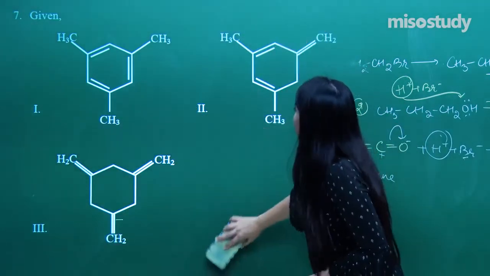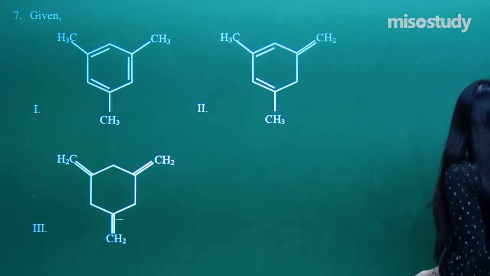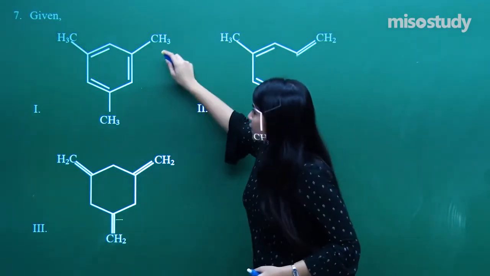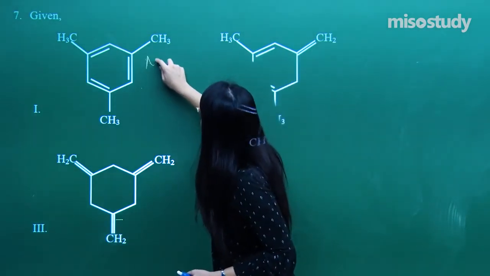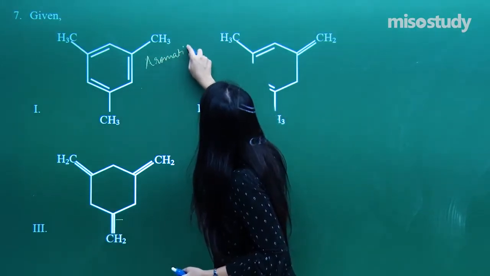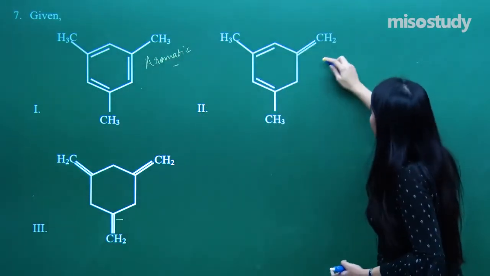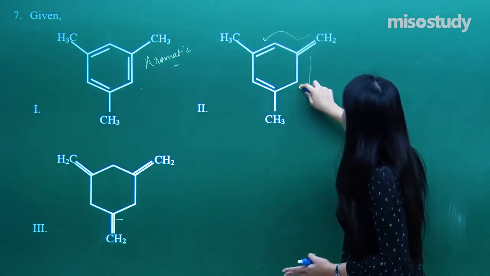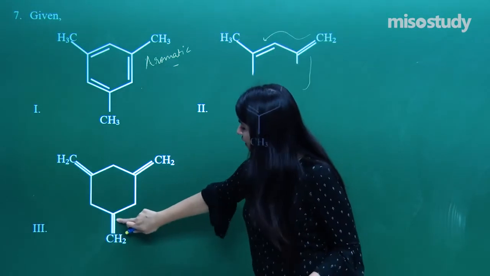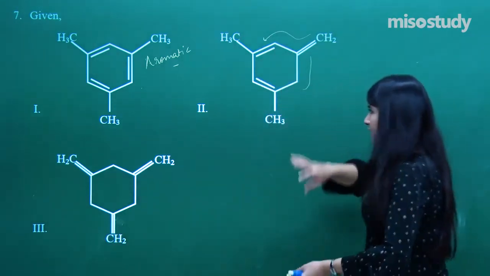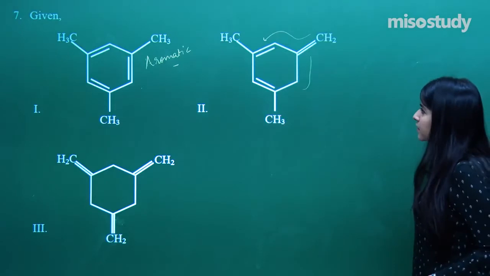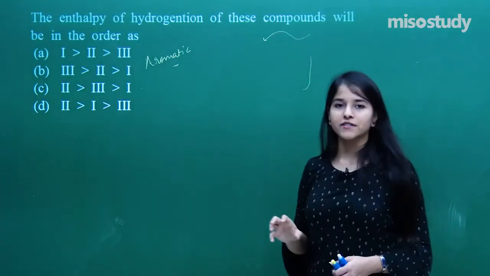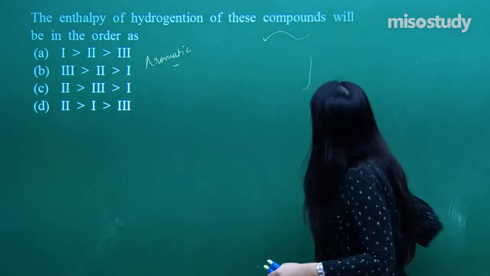Here there have been given 3 compounds. So just quickly observe the compounds over here. First is fully aromatic, if you see, that is aromatic. Here I have got again some kind of resonance stabilization, but to this very side, not from this side. And if you see, there is no such kind of resonance stabilization. So these are the 3 compounds given. I need the enthalpy of hydrogenation of the compounds in the order. So you need to try to recall the concept here.